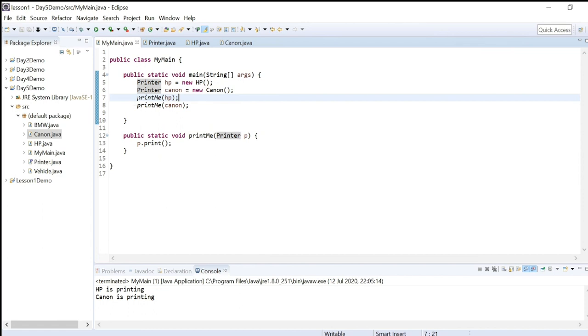So on this call, we're getting HP is printing, and on this call, we're getting Canon is printing. And this is the magic of polymorphism. So if I'm not going to define polymorphism, for example, if I say take my